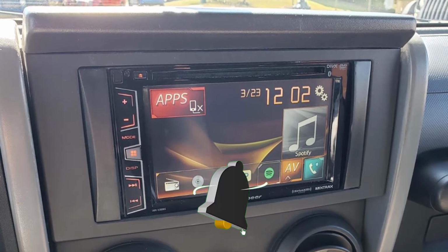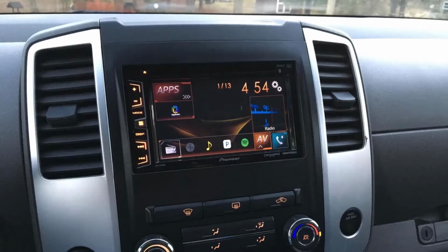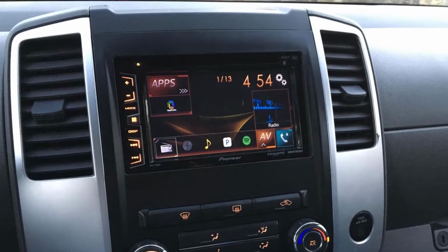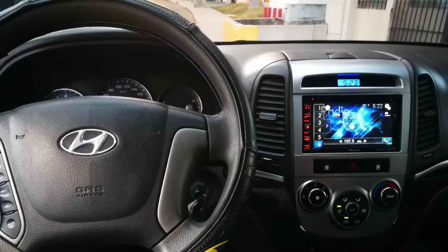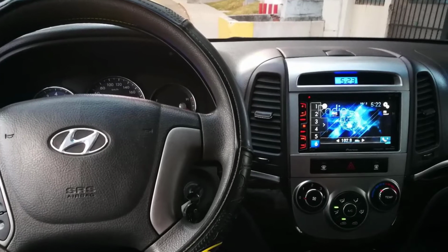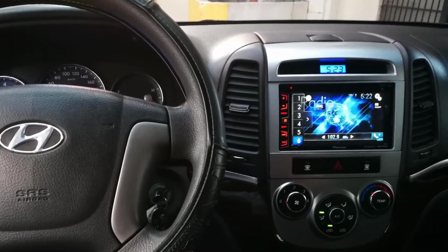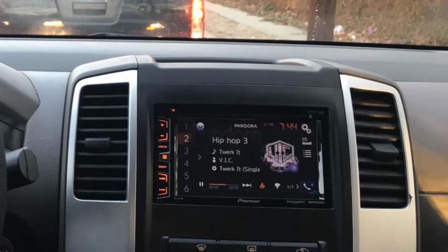The AVH-X390BS is not only a stereo but can also be connected to your smartphone for hands-free phone calling. Listen to all of your favorite music apps like YouTube, Spotify, and Pandora without ever touching the screen. The built-in 50-watt amplifier allows you to have a great sound experience without ever having to install an external amp. The best Pioneer car head unit comes with all the latest features you would want in a high-quality vehicle stereo